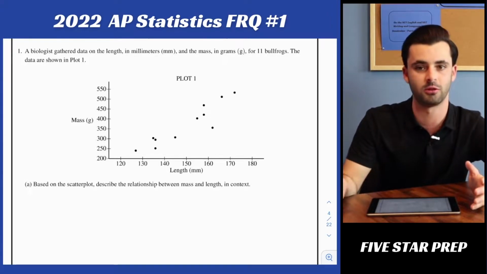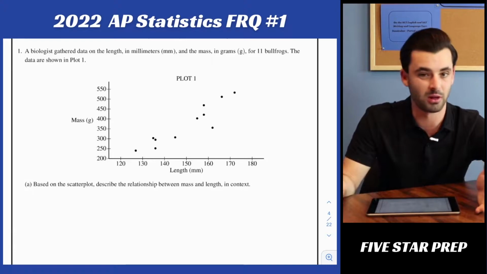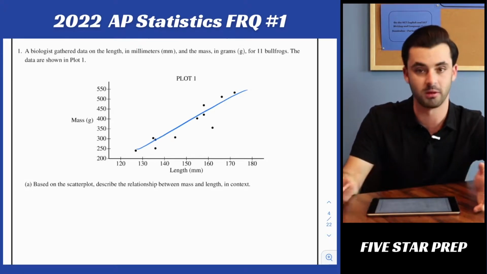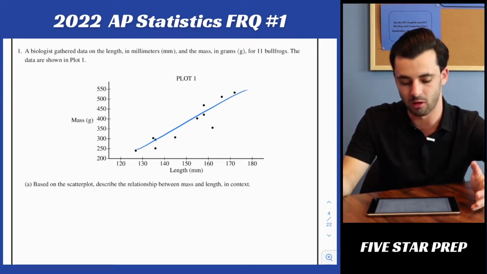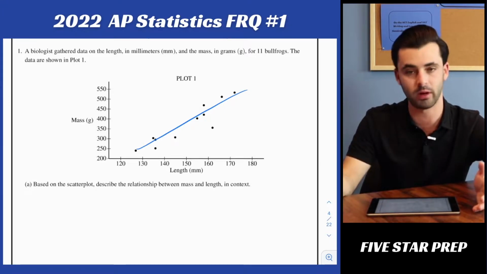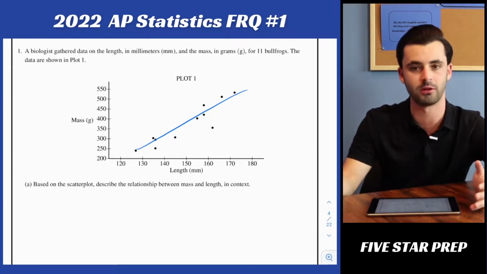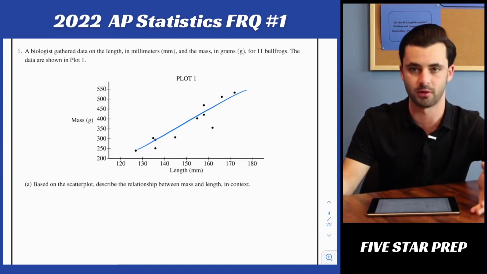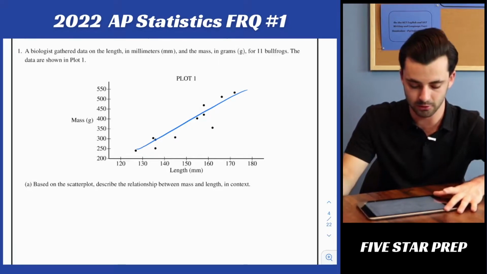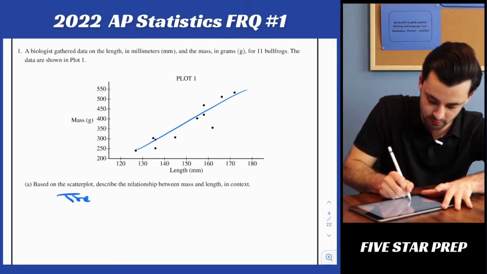Well, looking at it, let's just draw an imaginary line of best fit and see what it would look like. Something like that, right? Taking a look at all the points on our scatter plot, they're pretty close to that line that I just drew. And that line has a positive slope. So I'm utilizing all of this information to determine the strength, direction, and form. And as a result, I would say there appears